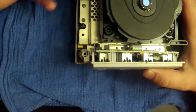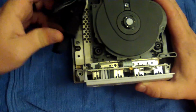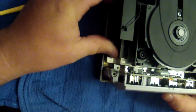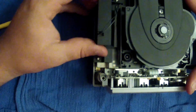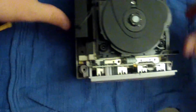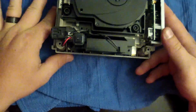You kind of have to work with your wires there. Your wires are going to be kind of the reason it all gets aggravating. You may have to adjust them a little bit, and there we go. I mean, sometimes they'll just slide on in and sometimes they won't, but we're gonna go over to this side,